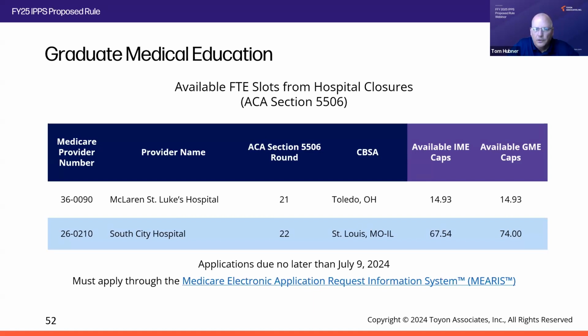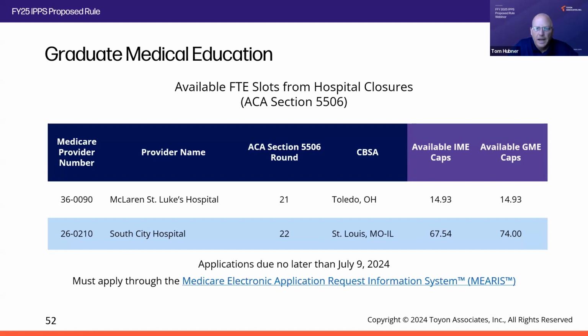For almost all the rounds that there have been so far, the typical thing is that you'll see 30 or 40 hospitals apply for those slots. It's usually hospitals from all over the country that aren't even in the geographic area sometimes, and many hospitals just apply every time a hospital closes, just to see if they can get lucky and get some slots. But the reality is almost always